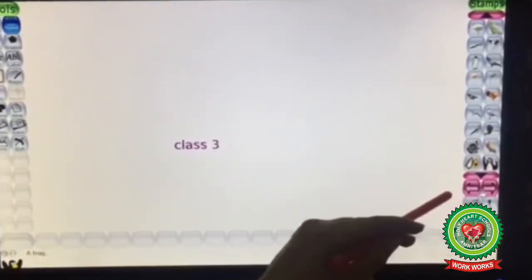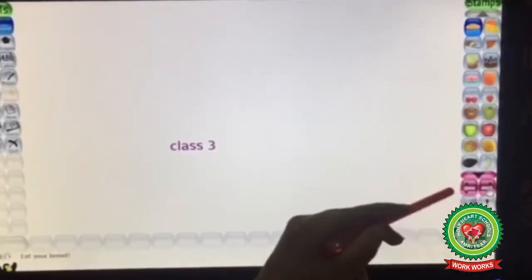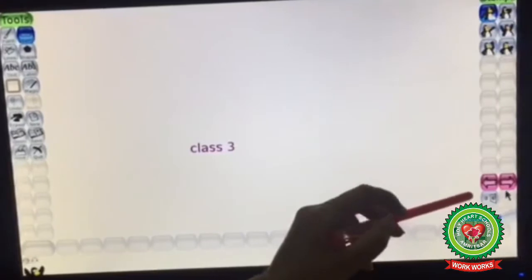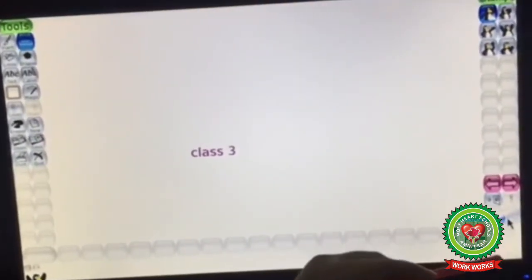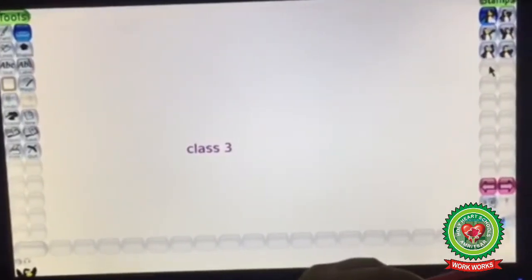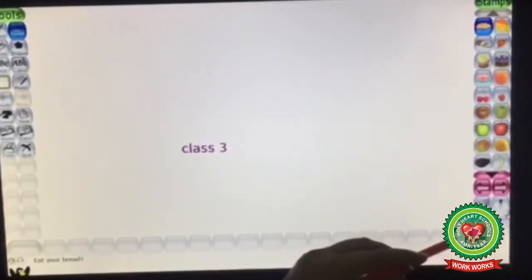If you want to move forward, you can use the forward button, and if you want to come back, you can use the backward button. Below the backward and forward buttons, a slider is there from where you can change the size of the stamps. If you want to increase or decrease the size of the stamp, you can choose from here.